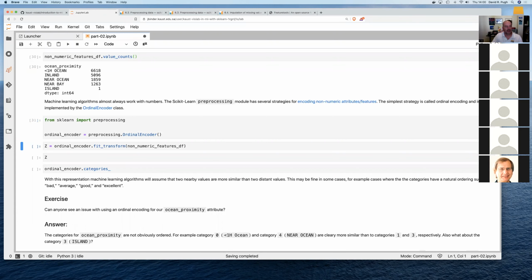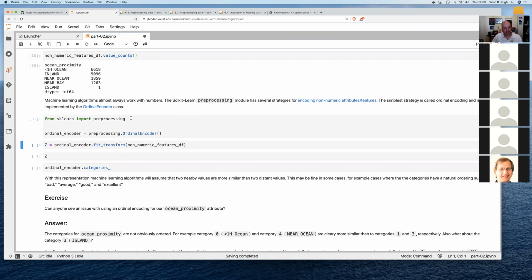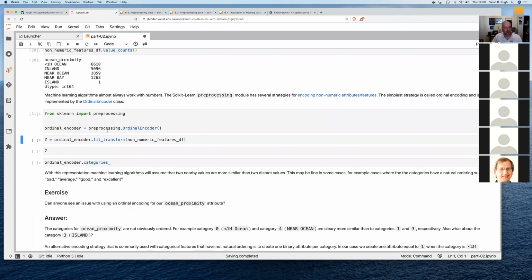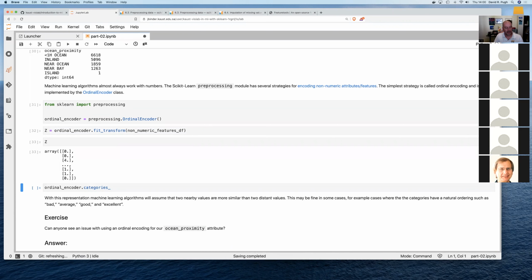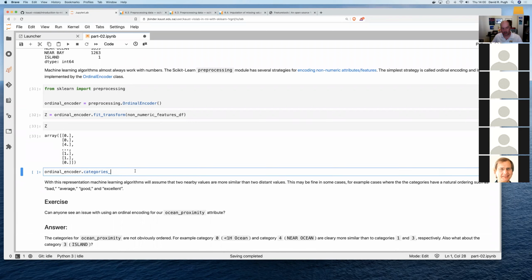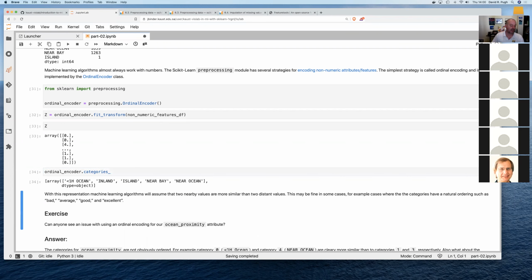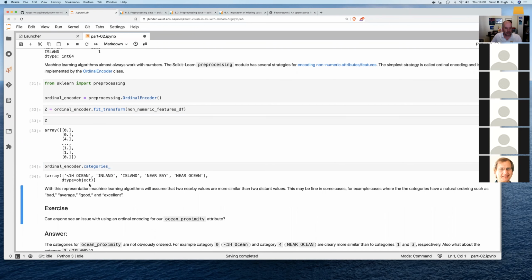We can do that by creating an instance of the preprocessing.OrdinalEncoder class, and OrdinalEncoder is another transformer. We can apply the fit transform method to encode our non-numeric features into an array of numbers between 0 and 4. The ordinal encoder keeps track of the mapping between the integers and the categories. So you can look at the categories and see that the categories are the same. Okay, now,